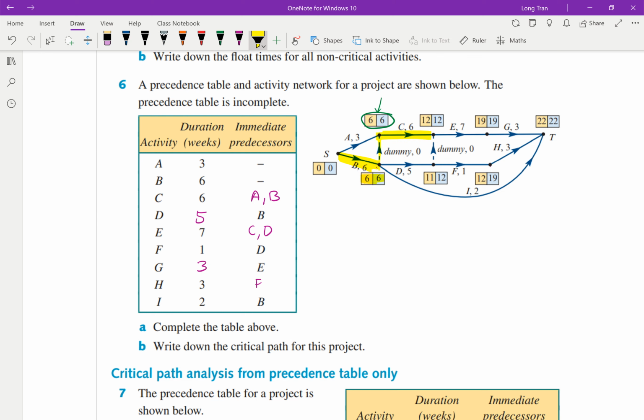And once C finishes, it connects with E. E finishes and G then starts at 19, 19. So it looks like that must be my critical pathway then. It must be B, C, E, and then activity G. So B, C, E, and activity G, and you finish at T. Okay, so those are your 4 key activities. This is what we call the critical